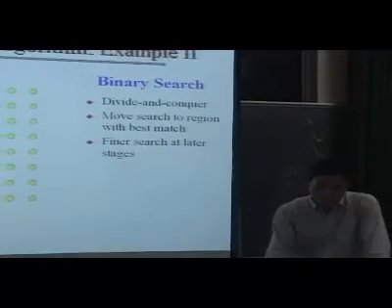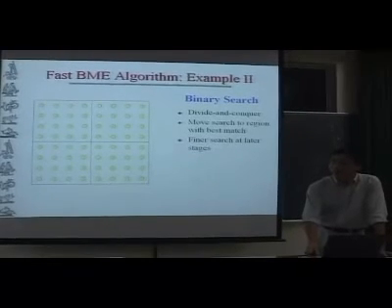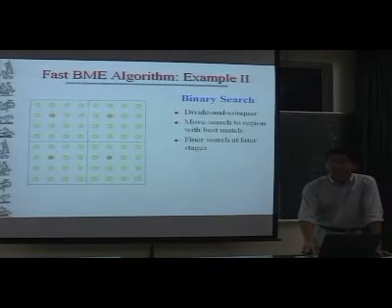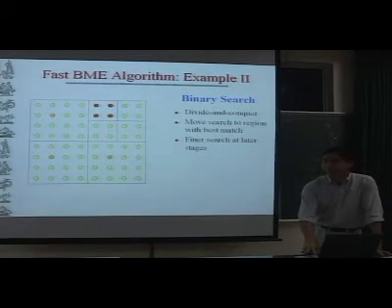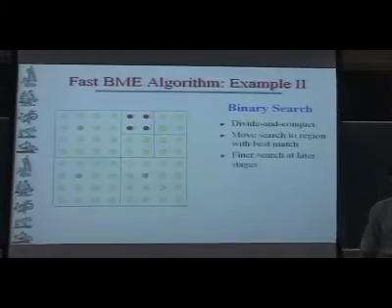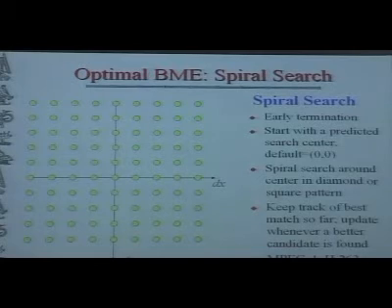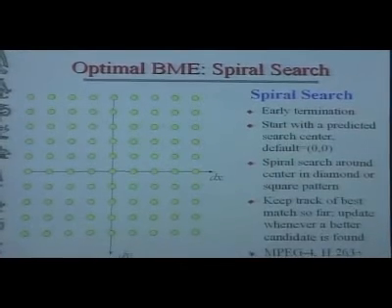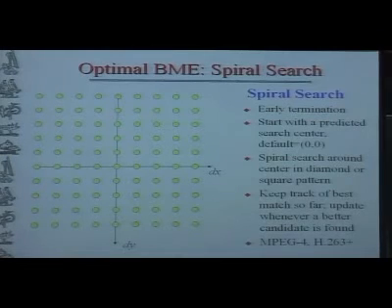But let me suggest another one. Binary search, divide and conquer. Divide the search area into 4 regions. Check the midpoint of each region. Find out the lowest SAD so far. Divide the region again. Check the midpoints, so on and so forth. Okay? So you can always do something like that. Again, there's no warranty. Okay? But it's fast. Sometimes in order to keep up with the frame rate, you have to do suboptimal coding. Okay? It's part of the engineering trade-off that we do all the time.